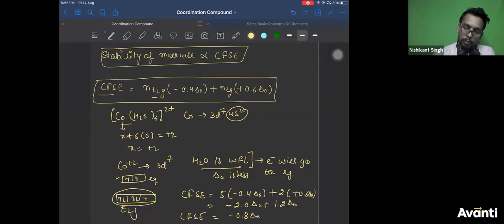This is the crystal field stabilizing energy. The energy is coming out to be negative. That means this complex is stable. One more thing is, what is the unit of this? The unit of this is centimeter inverse. And remember, this Δo which you are finding is the energy between t2g and eg. This is an energy gap.